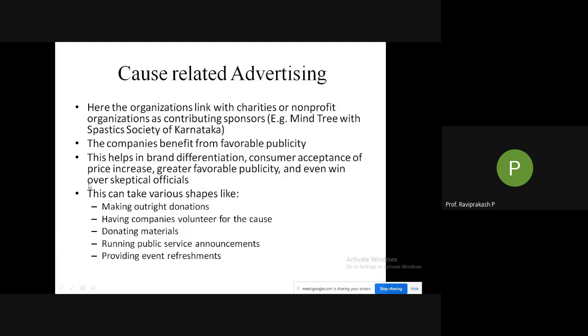Then cause-oriented advertising, where organizations link with charities or non-profits. Okay, so organizations as contributing sponsors. For example, Mindtree with the Spastics Society of Karnataka. So what is this? This is where the people or the kids have some kind of physical disability due to inefficient growth